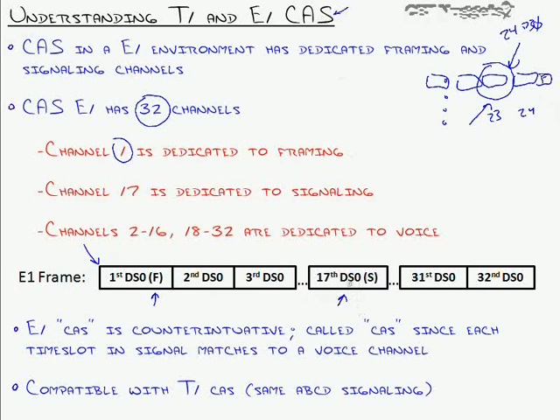I think I said channel 16 a little earlier in there. Channel 16, I guess you could call that the time slot. Remember in Cisco, everything starts counting from 0. So if you count from 0, it's the 16th time slot or 16th channel. If you count from 1, it's going to be the 17th channel.